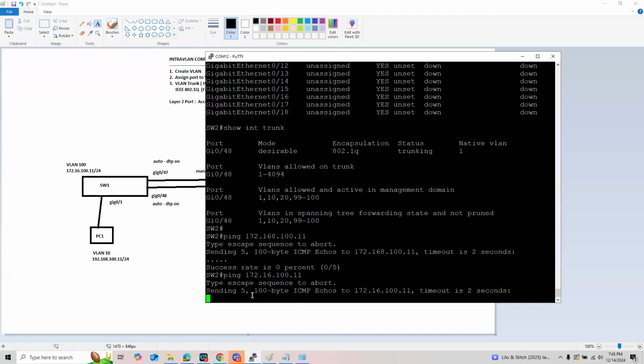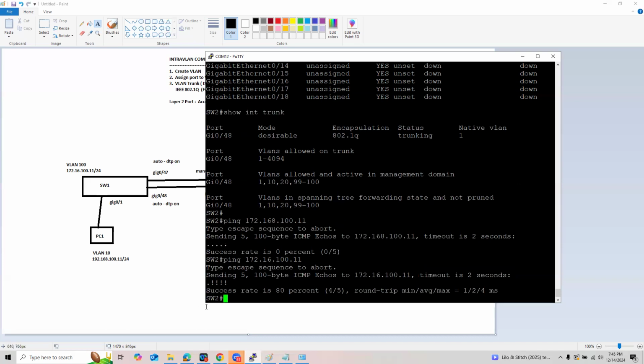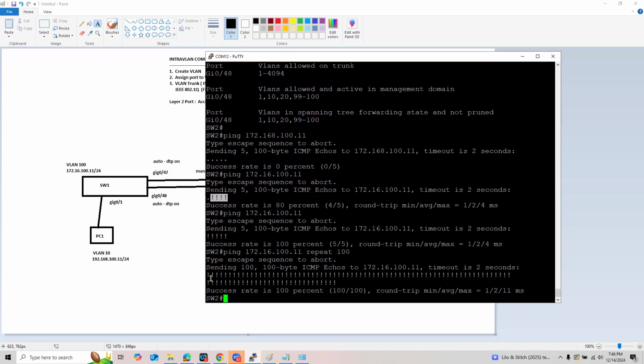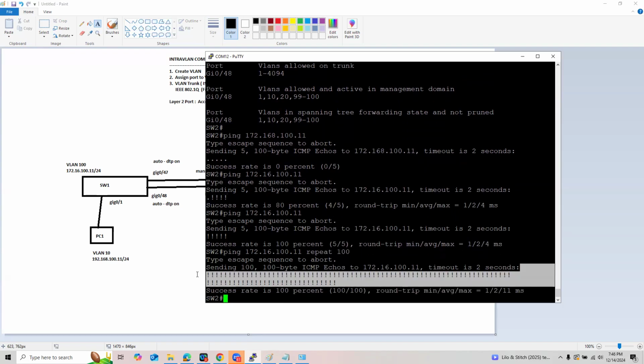Let's try again. There you go, so we have now connectivity. Let's try again to make it 100%, and it is. If you want more pings, we can simply say repeat 100 times. And so we have 100 pings here.